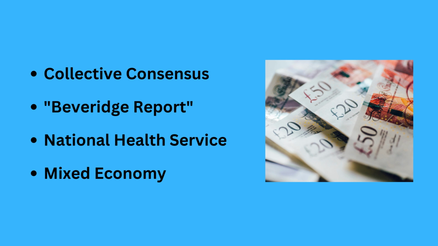And the problem is there was an economic crisis in the 1970s, and that's where you see the collective consensus break down. There's a big split ideologically between the Labour Party and the Conservative Party that comes out of the 1970s. The 1970s was a period, both in Great Britain, throughout Europe, and the United States, when there was wild inflation. So what you could buy with your money was rising at a higher rate than what you were getting paid. So your money was just worth less. That's the basic principle of inflation.